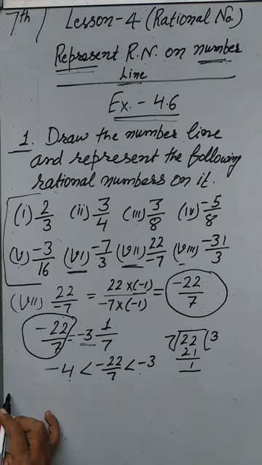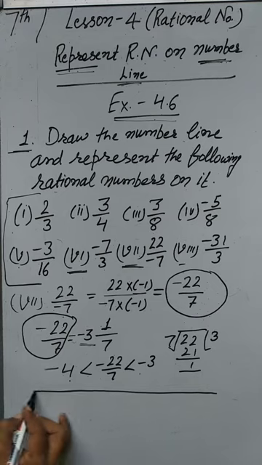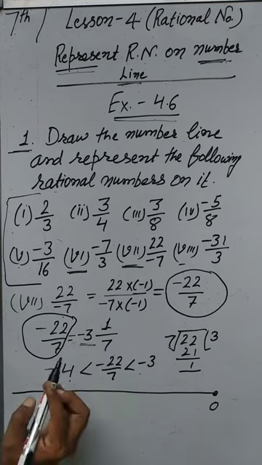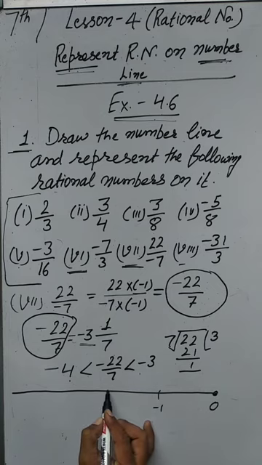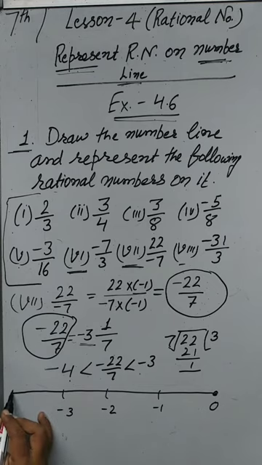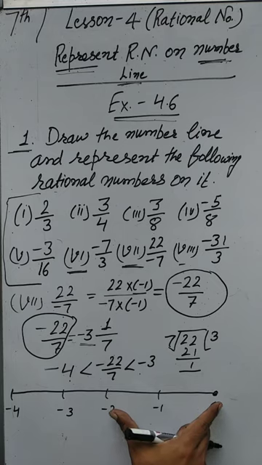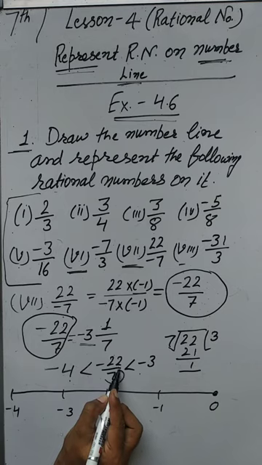Now beta, a negative rational number like minus 22 upon 7 lies on the left hand side of 0. Mark 0 here. Now it lies between minus 3 and minus 4. Mark equal cuts: minus 1, minus 2, minus 3, minus 4. Clear beta? Understood? I have a lack of space. You can increase the space, any equal space according to your gap, because we have to divide.